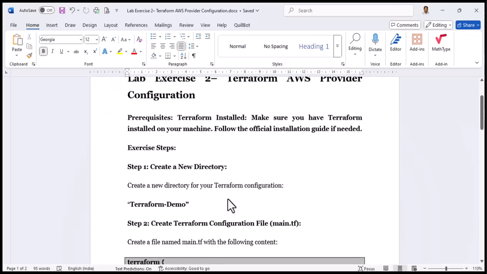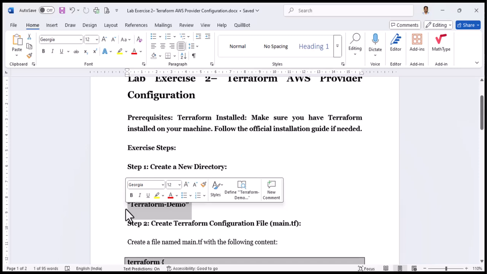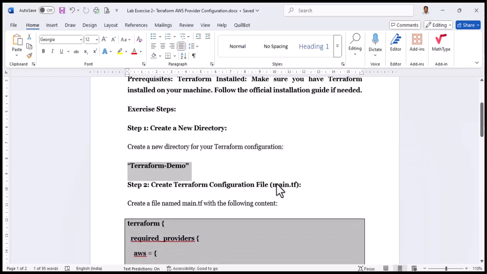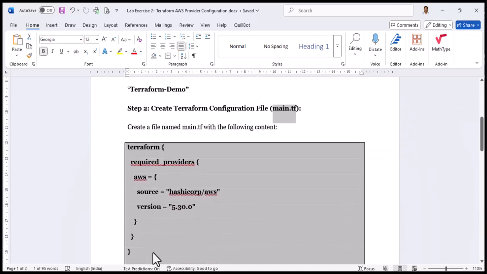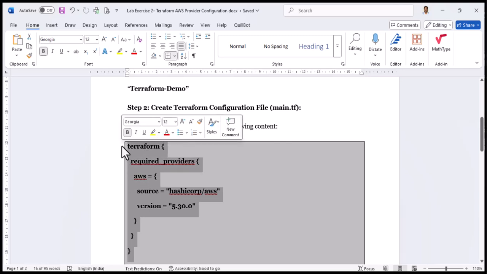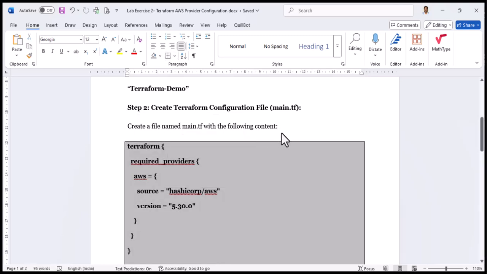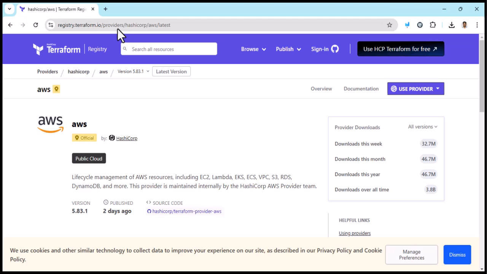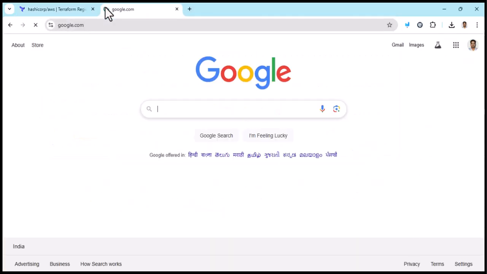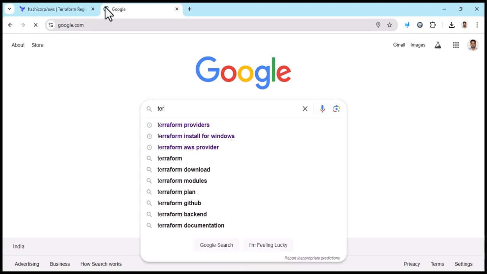Here I have specified that you have to make a folder, and then in that folder you have to make a file, and in this file you have to put this kind of code. But instead of directly copy-pasting this code into that specific file, I want to tell you where I received this information from, which is more important. So in that case, let me tell you from scratch, you need to go to Google, then search for Terraform providers,